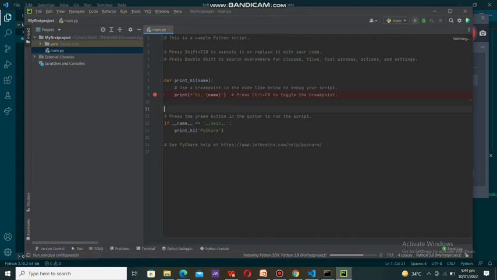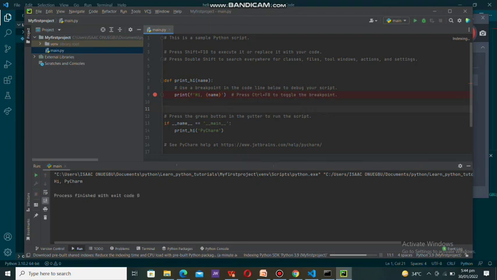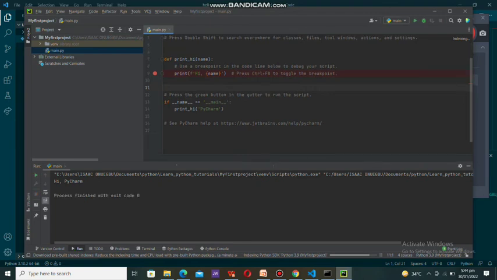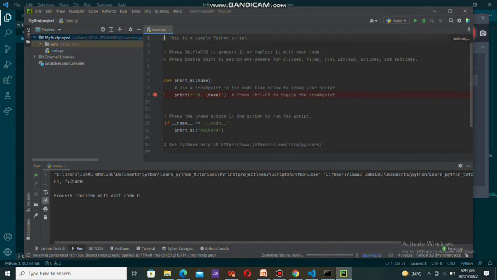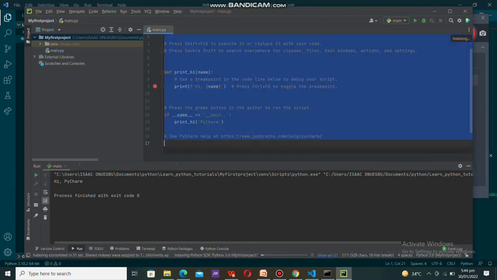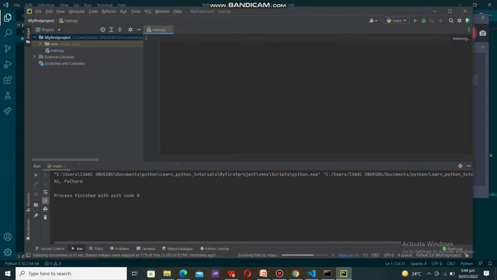Now it's giving us a basic script. We can run this to see what happens. It says Hi PyCharm, because this is what they did in the code for us. It's just a sample Python script, and we'll get to this. So let's get into code: print